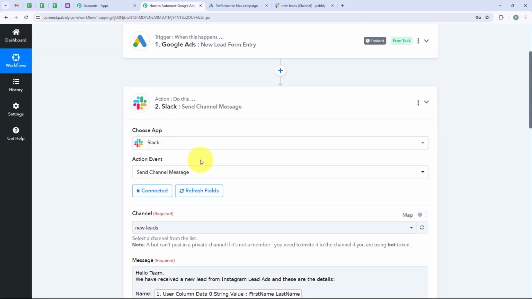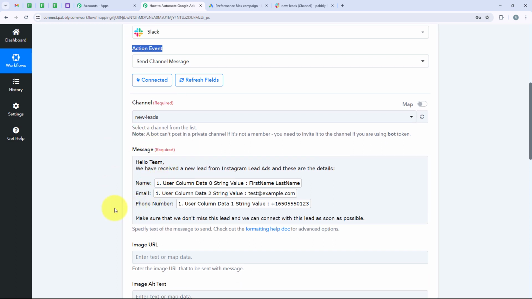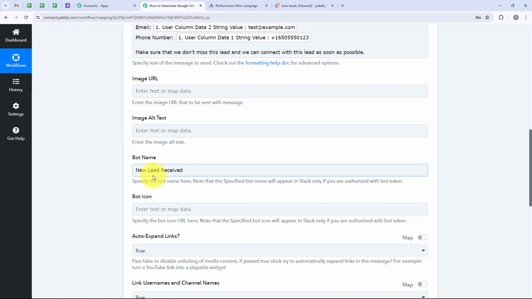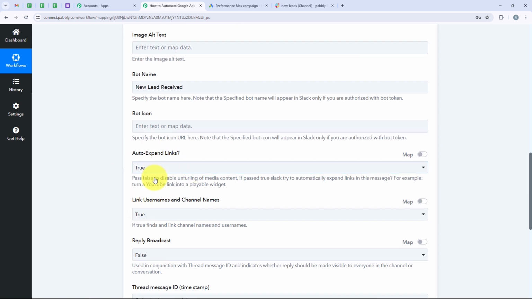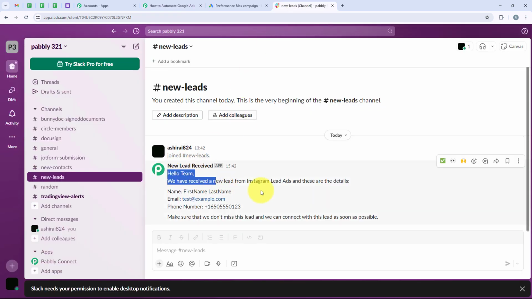So for our action application, I selected Slack. For our action event, I selected send channel message. We connected our Slack account with our Pabbly's workflow, and then we selected the channel name. We wrote the message we want to send to our team, and then we moved on to the bot name. So we entered the bot name, and then we marked some of the details as true and some as false. And as you can see, I have left some of the fields blank because those were not the required fields. And then we clicked on save and send test request,